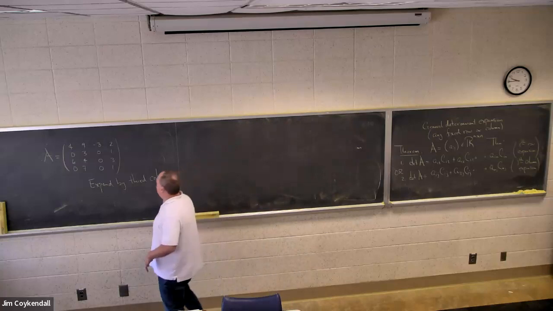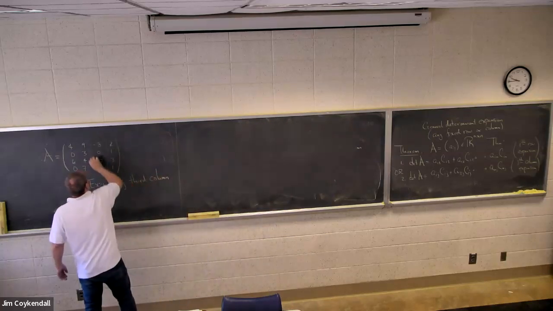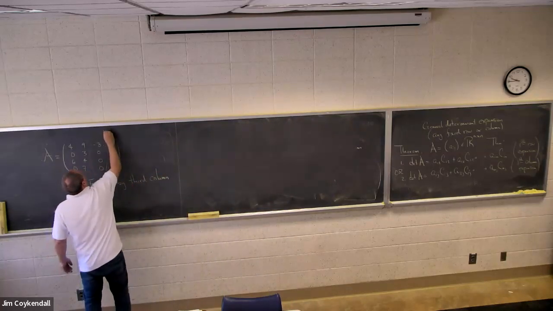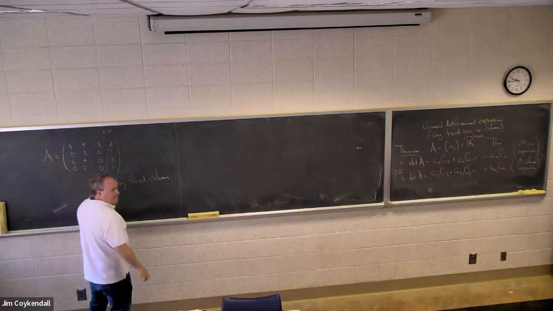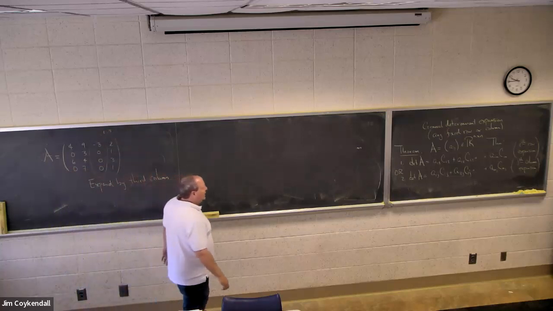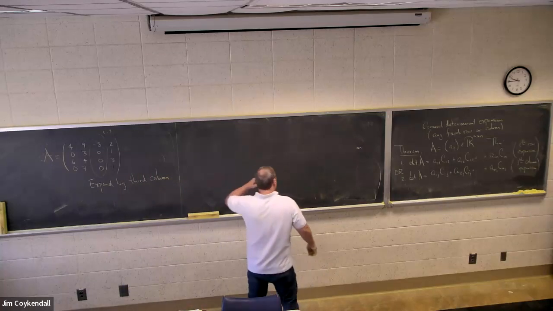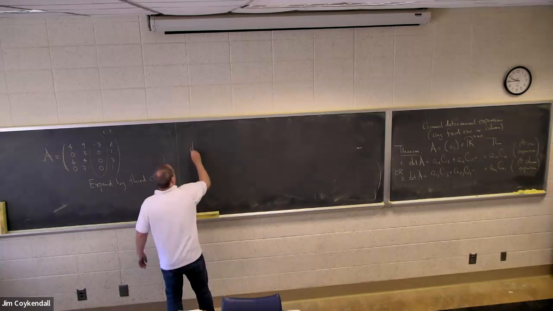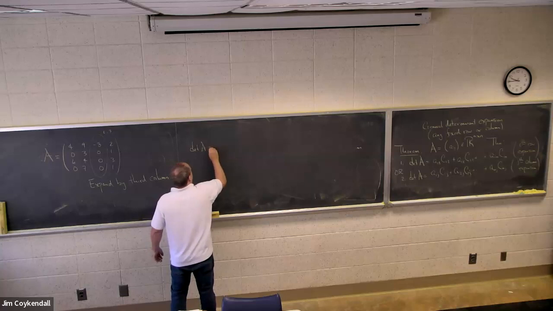Let me go through the formula carefully. I'm going to expand about this, so here j is 3. So I'm going to use that second formula. I'm expanding along a column. The determinant of A is